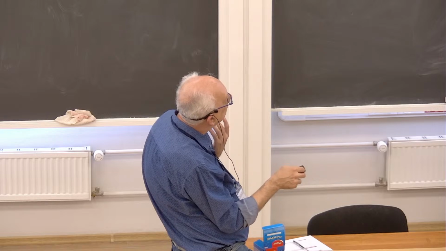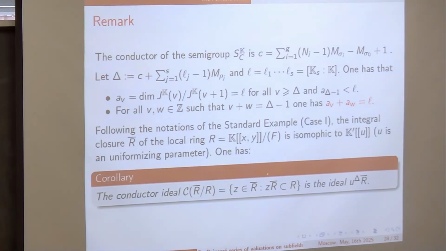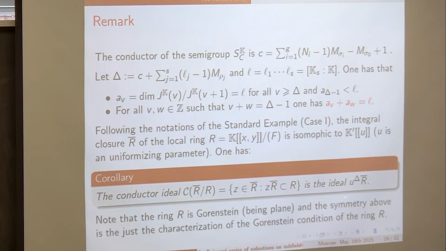And the conductor ideal between R and bar R. This is defined as the set of elements in the integral closure such that are denominators that push down the integral closure inside R. So one can compute that this conductor ideal is just this one, e to the power delta. Delta is this number. So this is not very surprising. The computation of delta is surprising, but the symmetry is not surprising